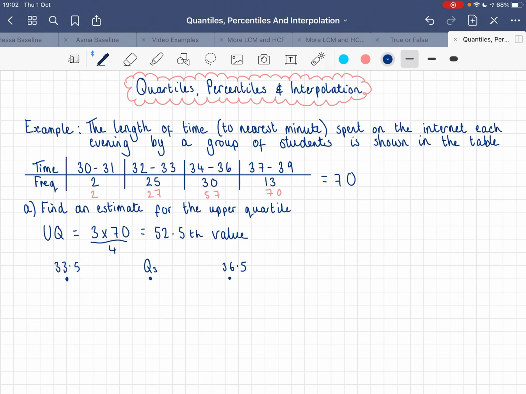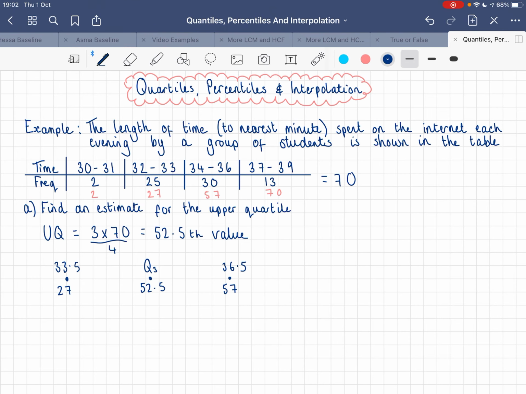And then our frequencies, or our data points that we're interested in, are 27, because that is the cumulative frequency at the beginning of our interval, and 57, because that is the cumulative frequency at the end of our interval. And we are interested in the